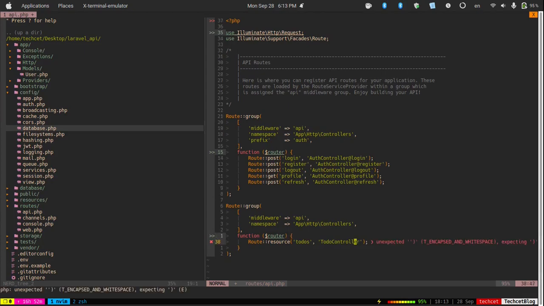As it will be a resourceful controller, Laravel will identify everything, like store, index, everything. Okay, so we will create TodoController later, and now we need to open